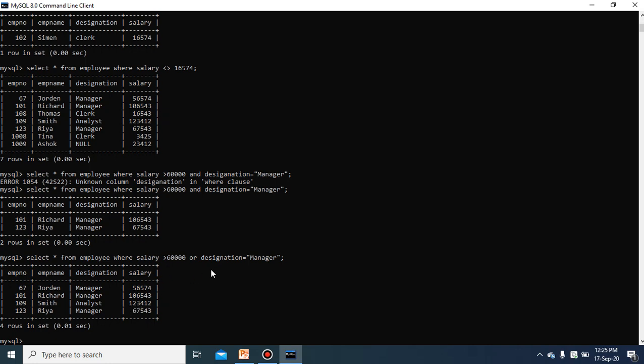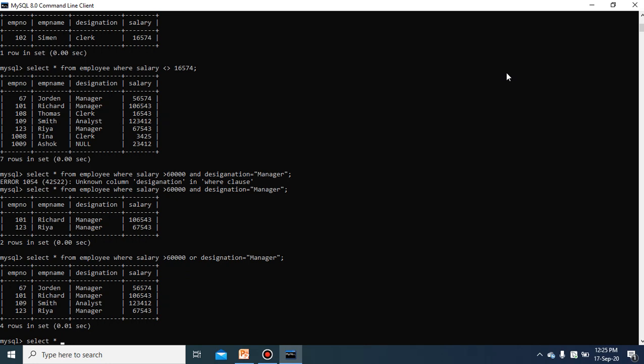For the OR operator, if any of the operands returns true, the whole expression returns true. So first of all, when you check salary greater than 60,000 against all the data of the table, you will clearly understand.